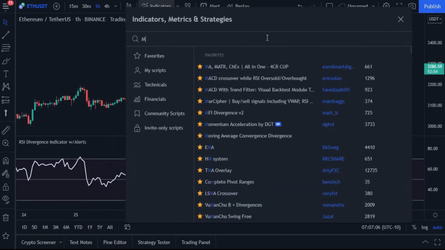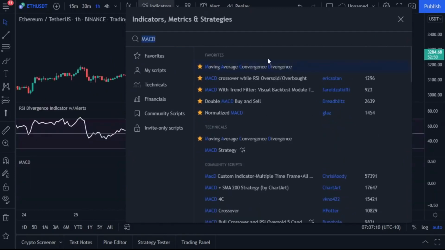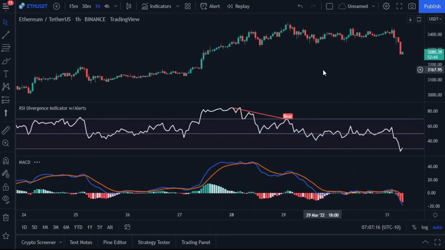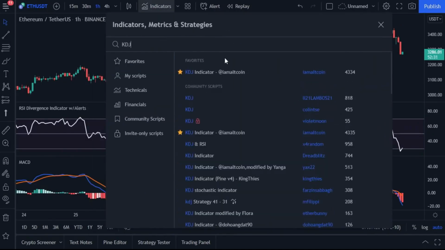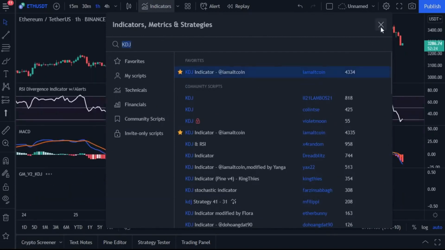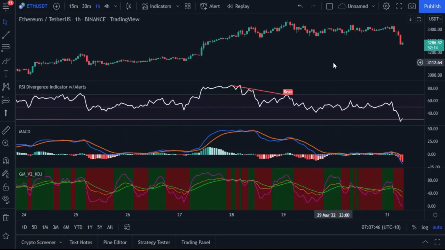The second indicator in this strategy is the MACD indicator, so let's apply it to the chart. I think that the MACD doesn't need an explanation. For this, let's continue and search for the last indicator. In the search field type KDJ and choose this indicator, which was created by I Am Altcoin. Okay, that's all we need now: 1 hour frame, the divergence indicator, the MACD indicator, and the last indicator, which